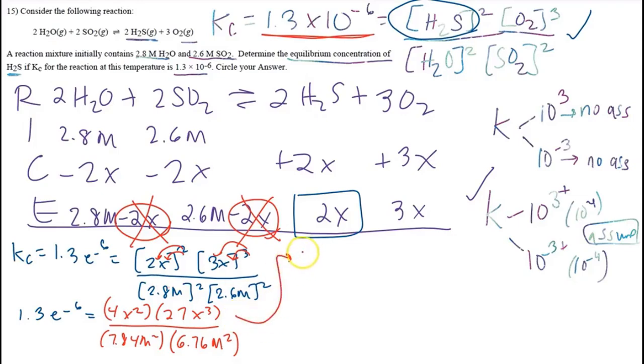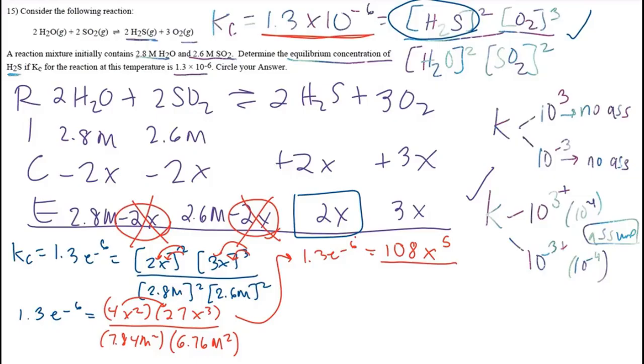Continue on over here. So we're going to have my 1.3 e to the negative 6. Now I have to make sure I'm doing this properly. So 4 times 27, that's going to be 108. When you're multiplying x squared and x cubed, you have to add the exponents together. So 3 plus 2 is going to be x to the fifth. Divide that by 7.84 times 6.76. That is going to be